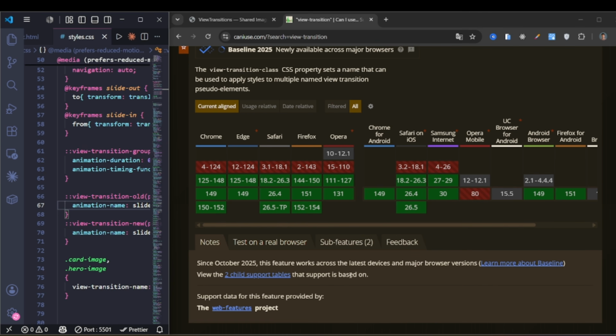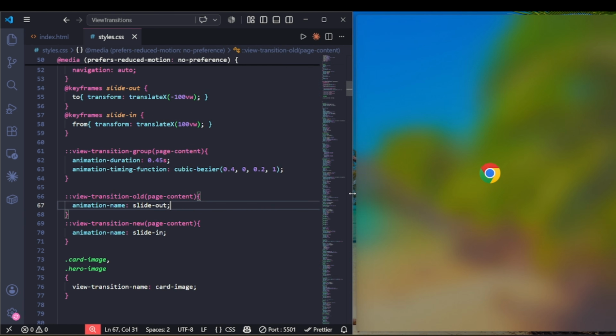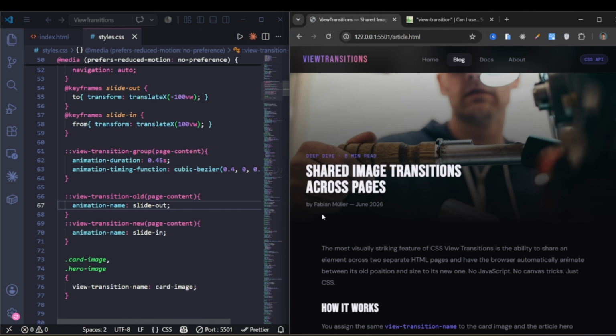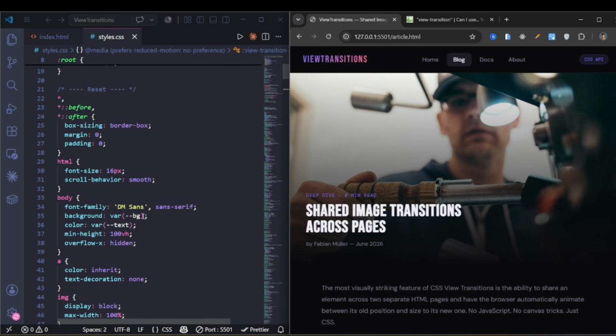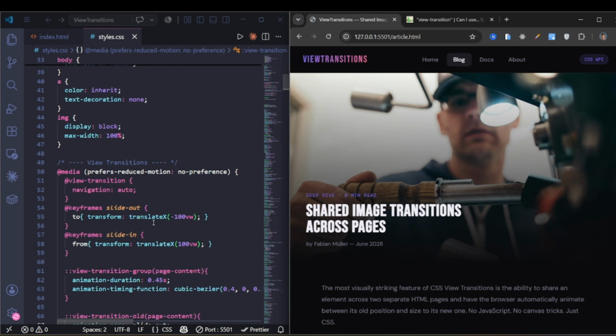3. Browser support. Chrome, Edge, Safari 18. Firefox is not there yet, but that's fine. Treat this as a progressive enhancement. If the browser doesn't support it, the page just navigates normally. No broken experience. So to recap, add @view-transition navigation: auto